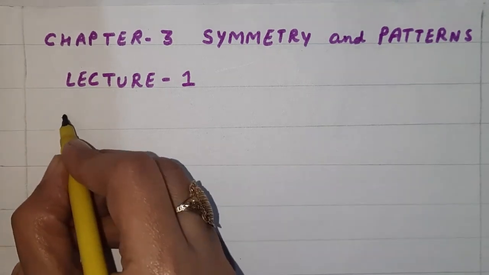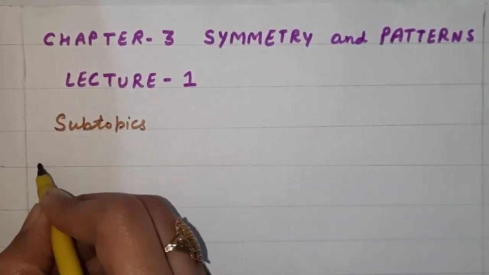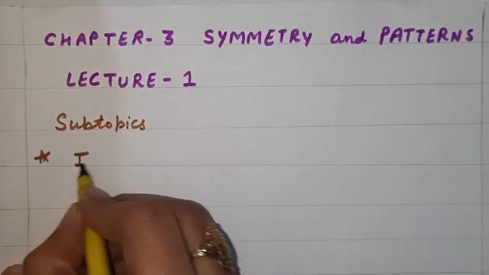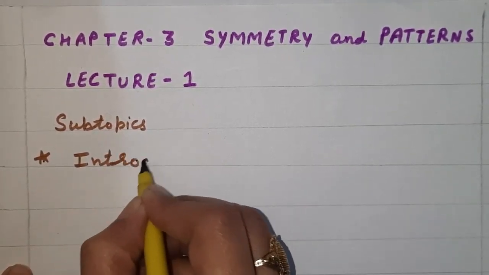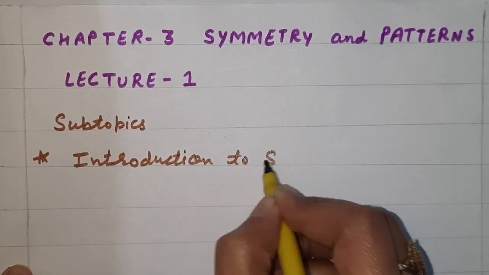Welcome back in your maths class, class 5th, subject mathematics. This is our chapter 3. Name of the chapter is Symmetry and Patterns, and it is our lecture number 1. Today's subtopics are introduction to symmetry and patterns,